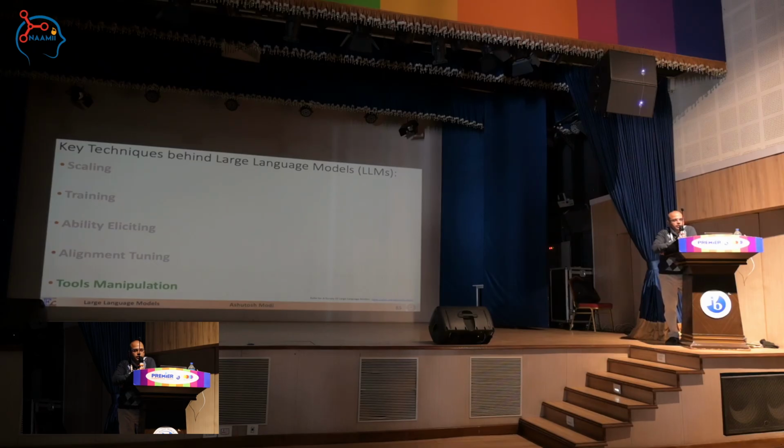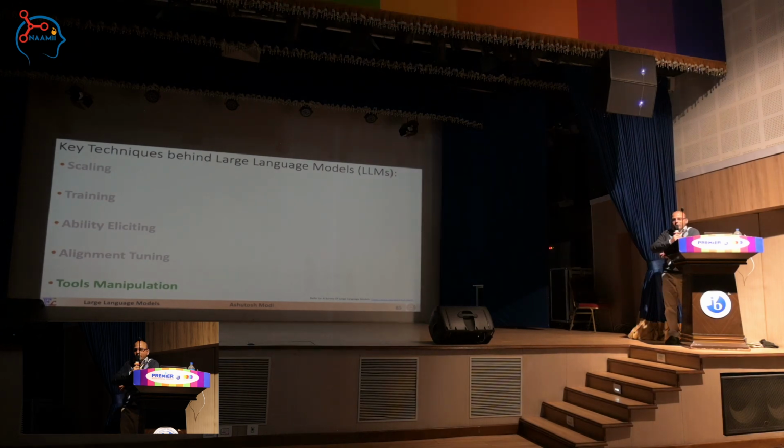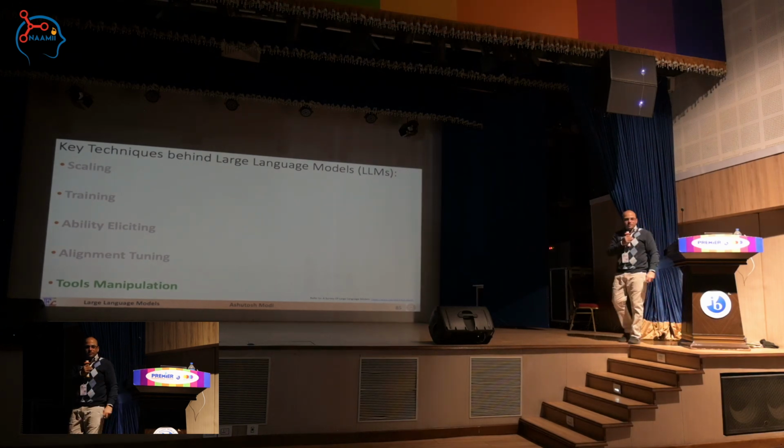Like let's say you can connect this LLM via an API to a calculator, right? And what we'll do is, you give some sort of calculation. It will query the calculator via the API for the calculation, get the answer from the calculator, and return it to you. So essentially, these LLMs can manipulate tools, and this is what actually gives